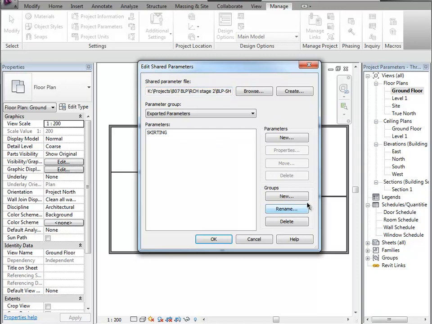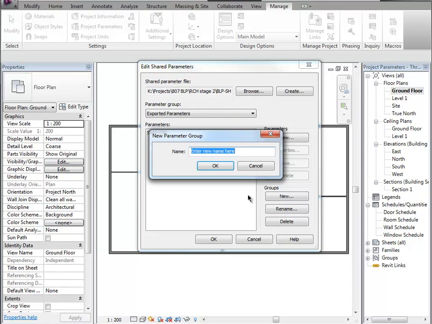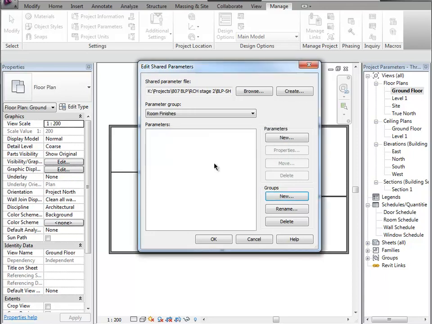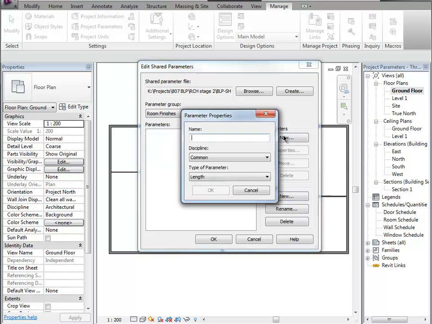What we'll do is create a new group. We're going to call this Room Finishes. Okay, and here we'll create a new parameter called Wall Finish Height. It's going to be a text parameter. Okay,